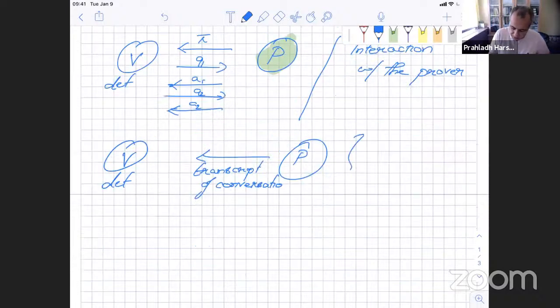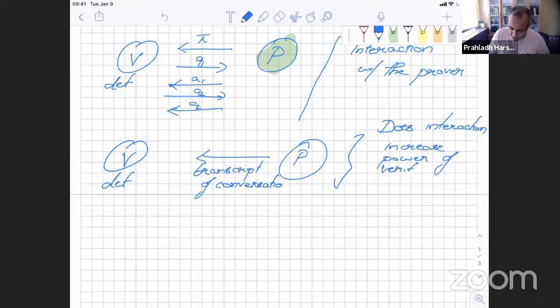That is, my question was, does interaction increase the power of the verifier? No, not really. However, I want to say, however, this is not true. Going back to Satyajit's question, if